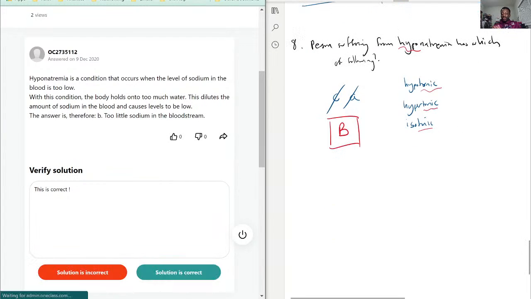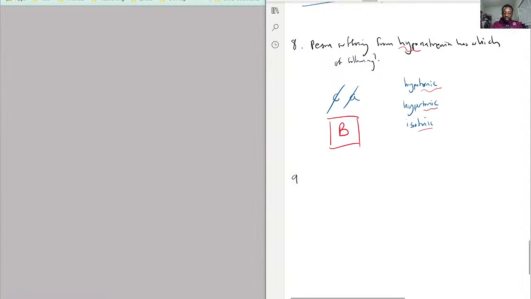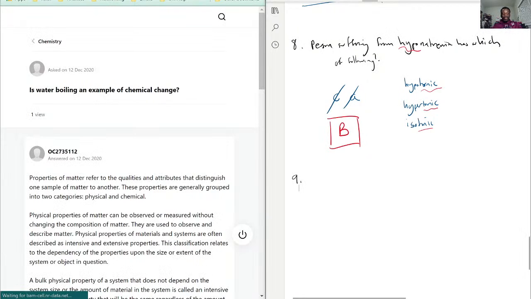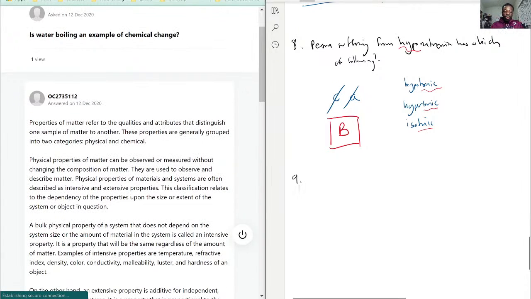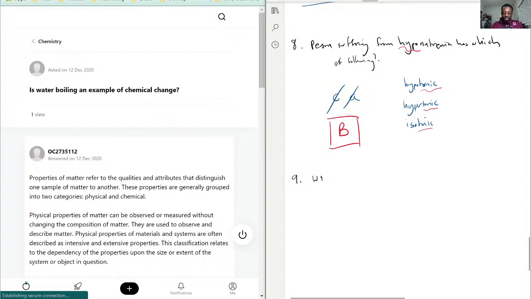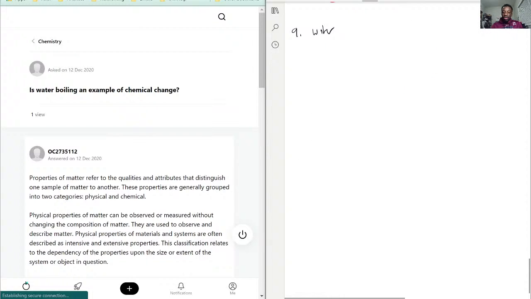Now let's move on to question number 9. Is water boiling an example of chemical change? So, water boiling, chemical. So with this question, I'm just going to say the answer right now is no,